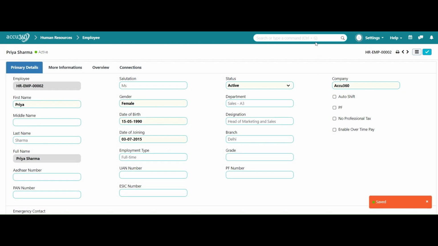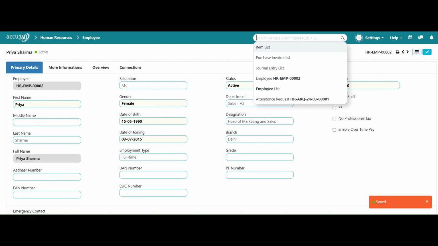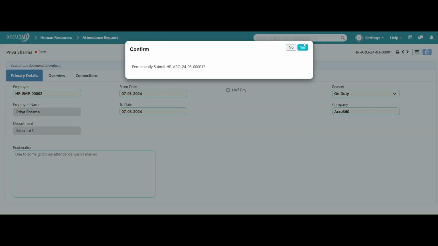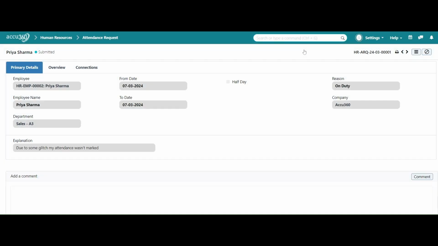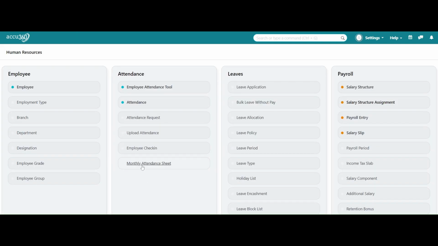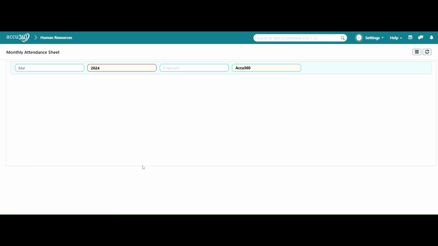with the default holiday list, and let's just go back to the attendance request and we will save this attendance request. Okay, so this attendance request is permanently submitted, which means the attendance of the employee is also marked due to this permanent submission. Okay, so now let's go to attendance sheet,